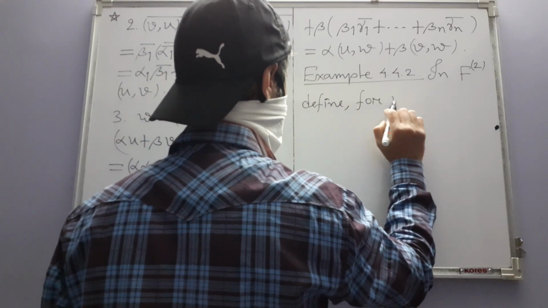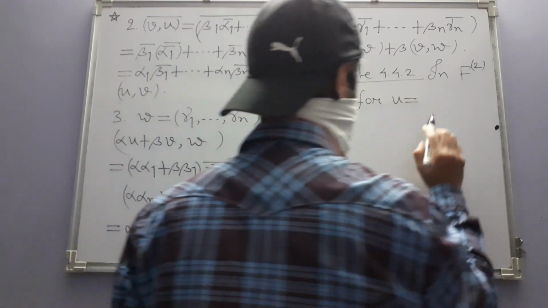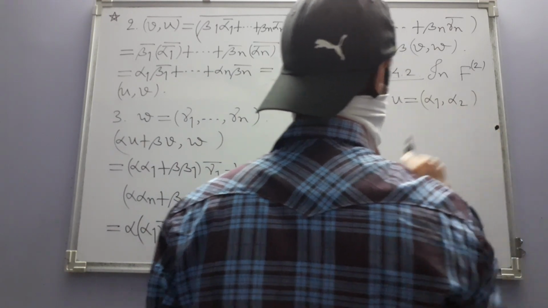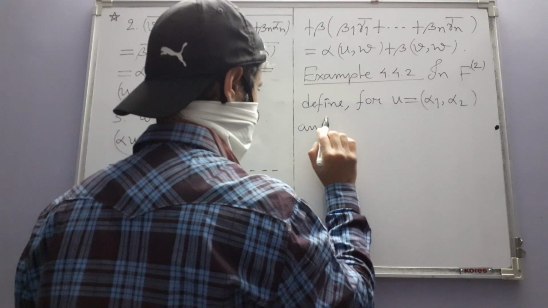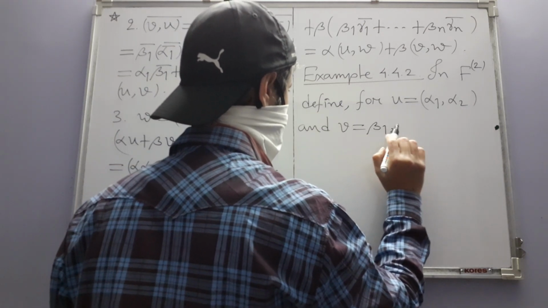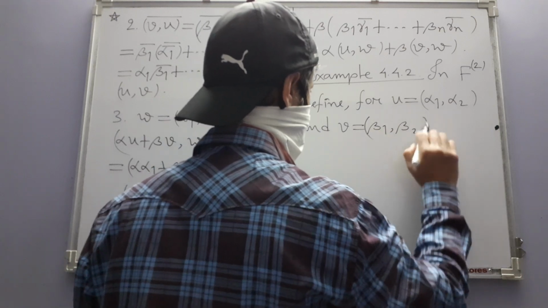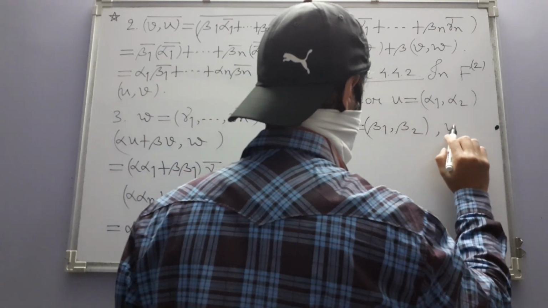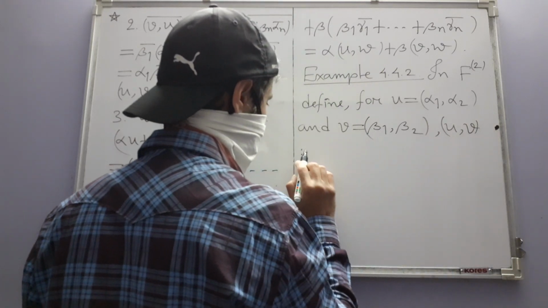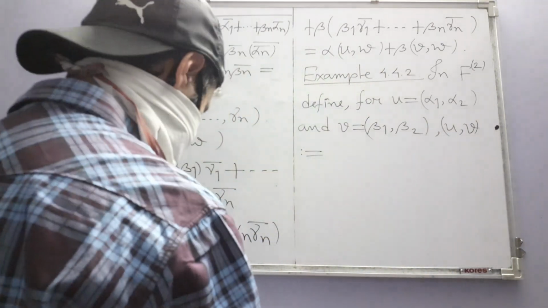For u equal to alpha 1 comma alpha 2 and v equal to beta 1 comma beta 2, the inner product u comma v to be this complex number